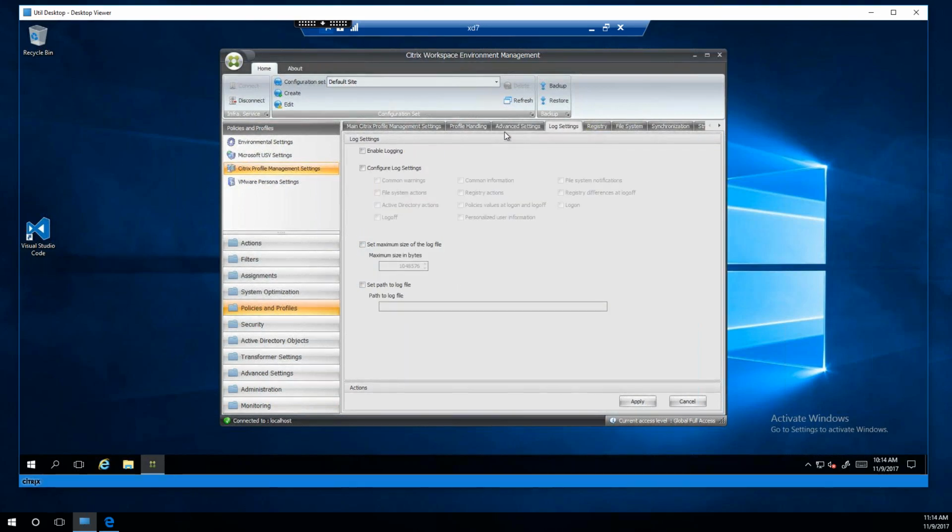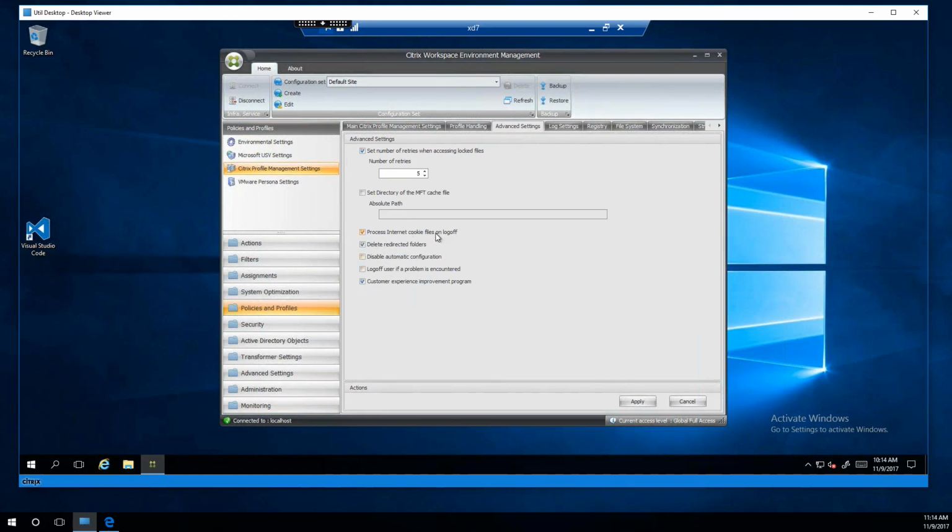Hey, Hal, when you say process internet cookies at logoff, does that mean whack them, or what does it do? I've read a couple different things, unfortunately. One is it just whacks them, which I don't think it actually does. The other one is that anything that is time-based, it will whack anything that has expired, so they don't stay there. Okay. So like most things in the rabbit hole, you can't always trust what you read. You've got to test it. Exactly. Mileage varies on all of this.